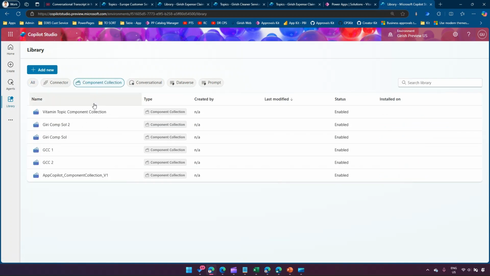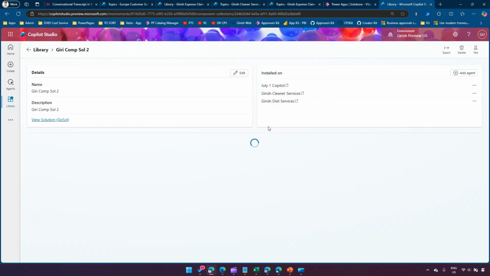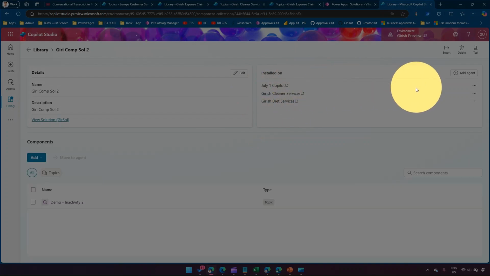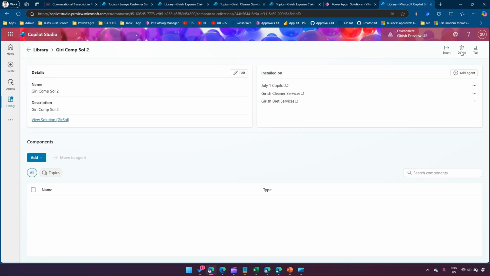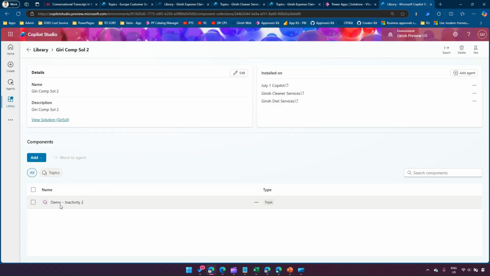and navigate to component collection. And then here I have a lot of component collections which I have created. Now I have an option. What I can do is, if I navigate to this particular component collection which I created long back, which is linked to multiple Copilots, I have an option to delete this. Okay, so it says, warning, all agents that are using the component collection will be affected by the change made here. So that means July 1 Copilot, Girish Cleaner Service, and Girish Dat services will be affected if I delete this content pack. Okay, and if I say okay, then yes,